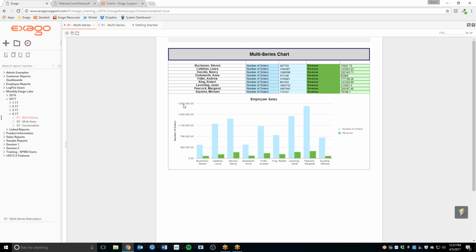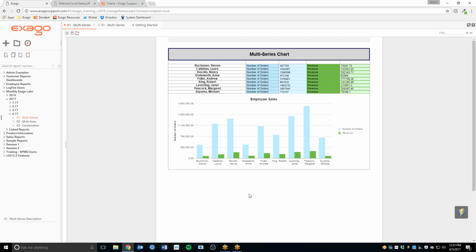In this situation, we have this scale for our number of orders, and our revenue really ranges from 0 to 380,000, which leaves us in a bit of a guessing game trying to figure out these values. We can hover over and certainly see the value displayed. We also have them displayed up here in our report footer, so there's certainly ways to get around this. But you can see that graphing both of these series against a scale that only pertains to the larger range of the two series can be potentially problematic. So to combat this,